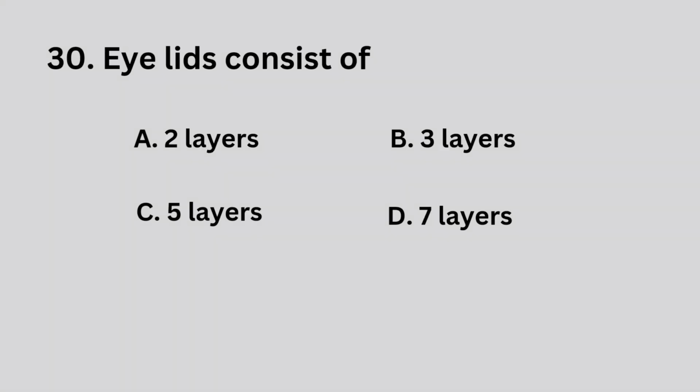Moving on to the last question of this video. Eyelids consist of option A 2 layers, option B 3 layers, option C 5 layers, and option D 7 layers. And the correct option is option D